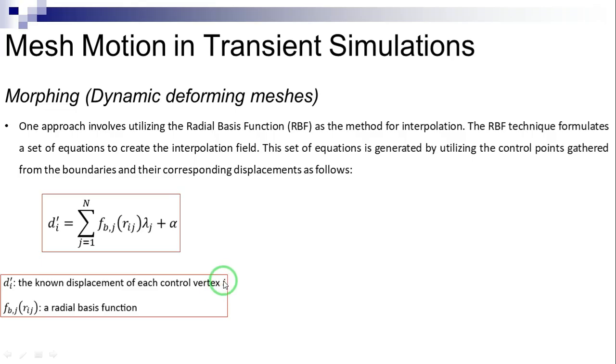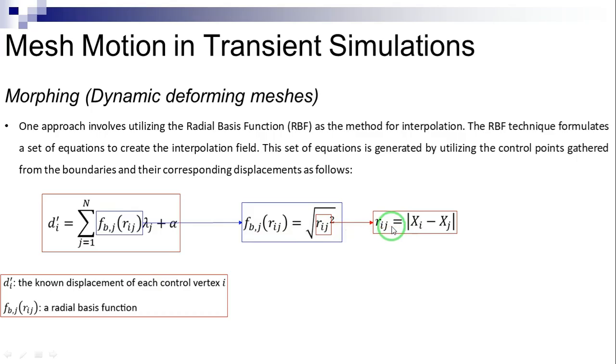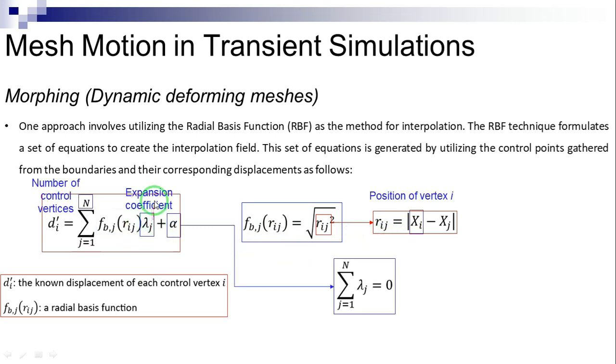Phi_j as a function of r_ij indicates a radial basis function, which is defined as we can see here, where r_ij is the distance magnitude between two vertices. Lambda_j here is the expansion coefficient, x_i is the position of vertex i, and n is the number of control